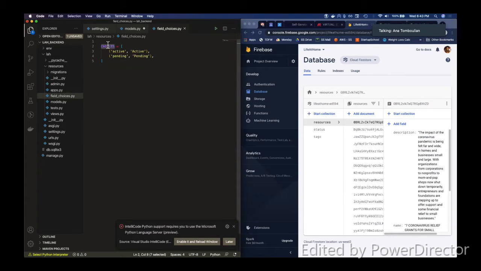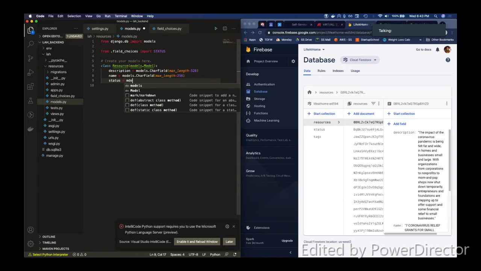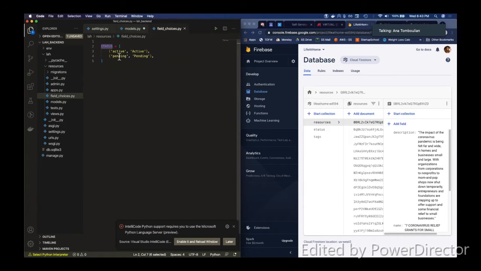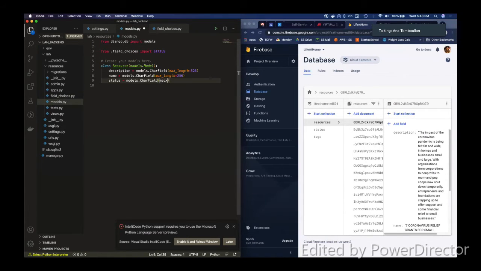And actually, I should rename this to status. And we'll see what the max length is. It's 7. I'm probably gonna say 16, just in case we add other ones. And choices equals